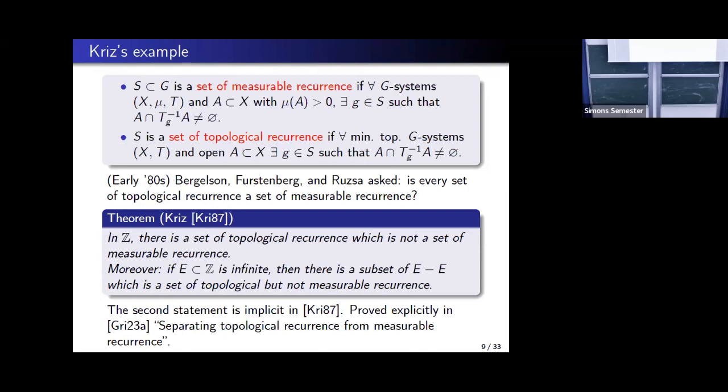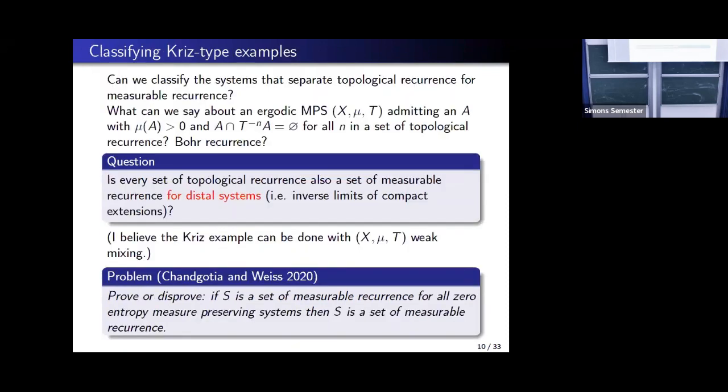This is only implicit in Kriz's original article, but I have a preprint where this is explained explicitly. This preprint here, separating topological recurrence from measurable recurrence, is essentially a rewrite of Kriz's original article. Hopefully, it's readable enough to understand Kriz's argument. Anyway,